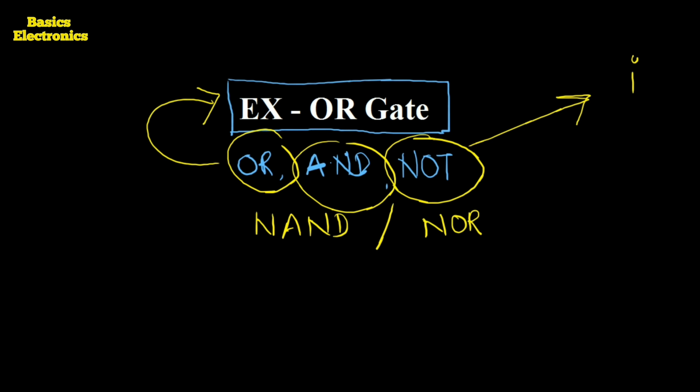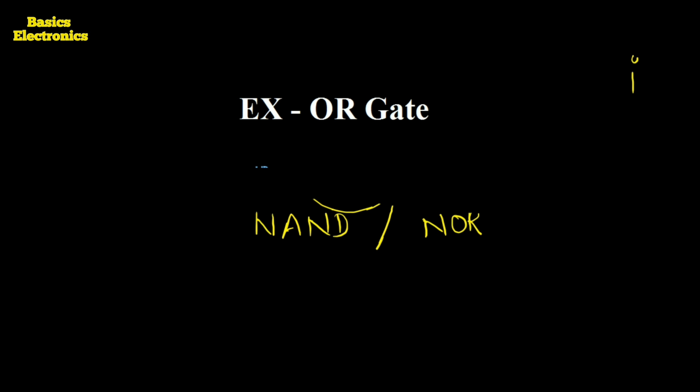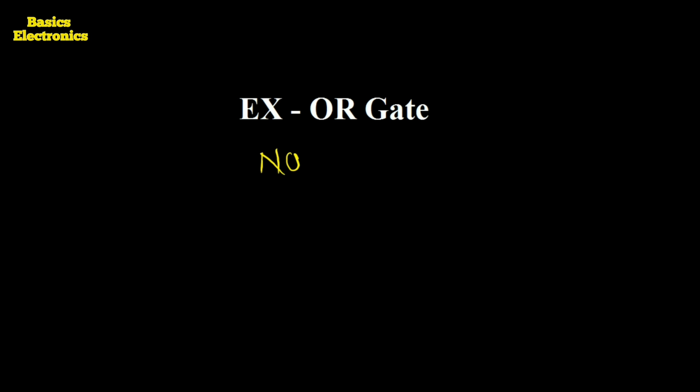So first we see the NOT gate. What is the NOT gate? The NOT gate is called an inverter, as it inverts the input at the output side. Its logical equation is y equals a complement. If we apply the input a, then its output becomes y equals a complement.